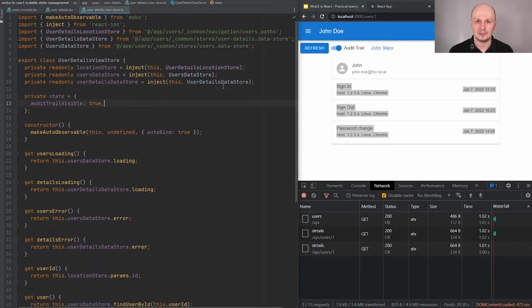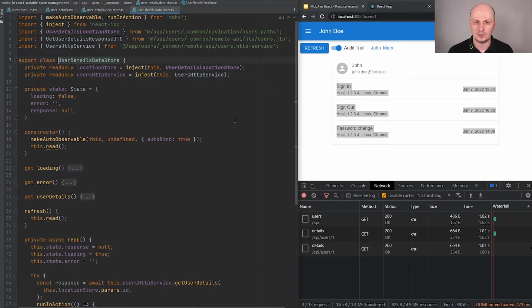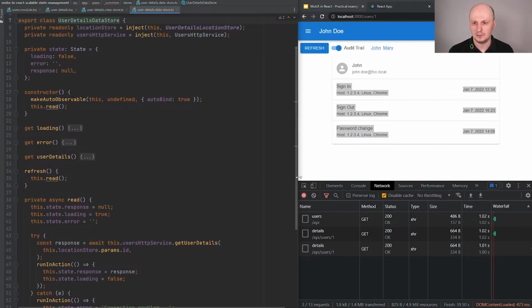All right, so let's go to user details data store, which is used to fetch those data. This one injects location store, so this data store has access to browser location. It has own state, and this is how I recommend to organize your state in the MobX stores.